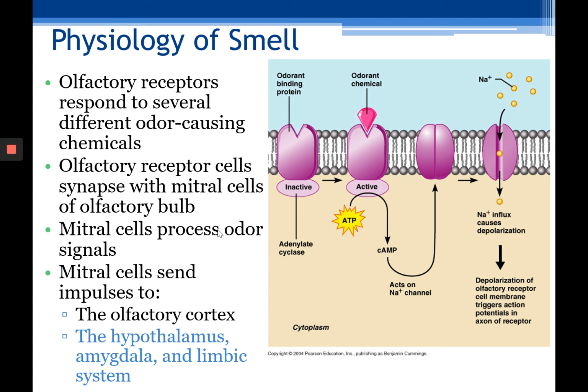The depolarization of the olfactory receptor cell membrane is going to trigger an action potential in the axon of the receptor, which is then communicated to the mitral cell in the olfactory bulb. So it's really the mitral cells that process the odor signals and then help send that impulse